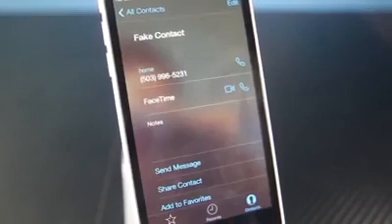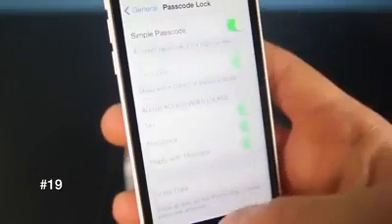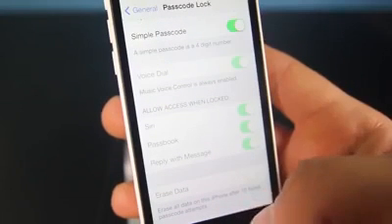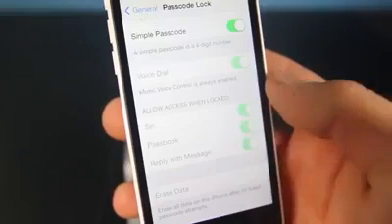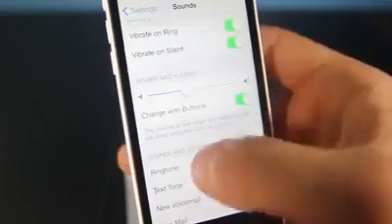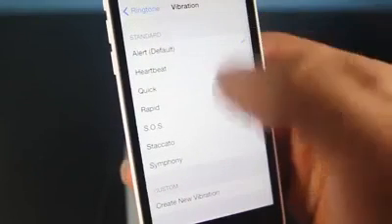without actually using your minutes. In the passcode lock settings, you're actually given an option to delete all the data on the iPhone after 10 failed passcode attempts. And lastly, my favorite, in Sounds, if you go into Ringtone, Vibration, you can make a custom